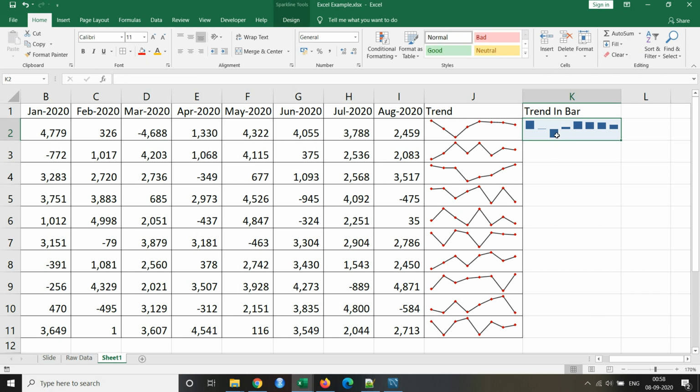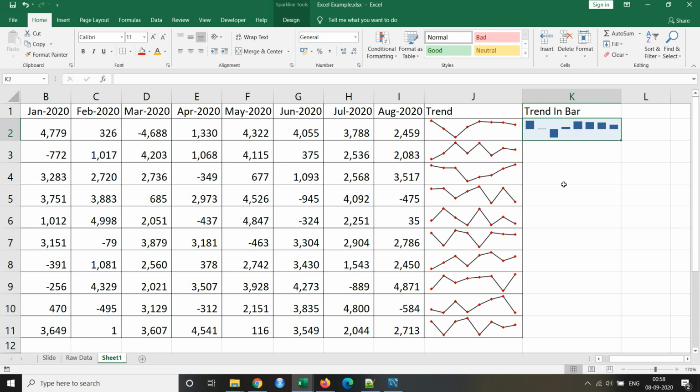So now with this bar graph, or this column chart, I can show that in the first month we made a profit, in the second month we made very little profit compared to the previous month. When we come to the third month, we had a huge loss, right? In our fourth month we made some progress and had some profit, right? Going forward we had profit, but in the last month our profit went down compared to the previous month. So this provides a visual trend of what's happening in the last 8 months, right?